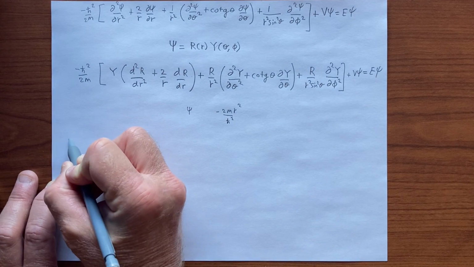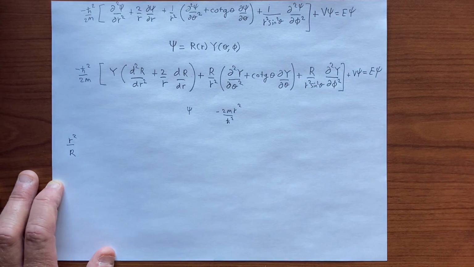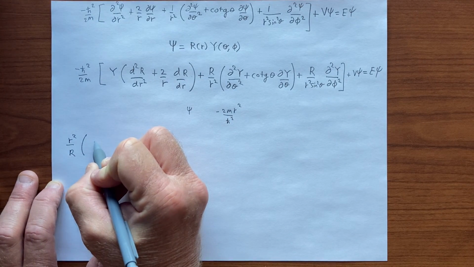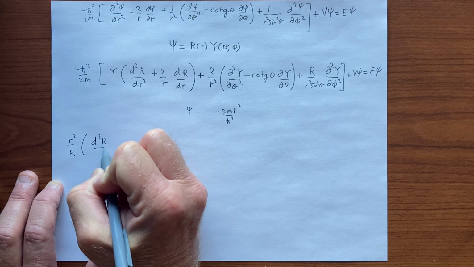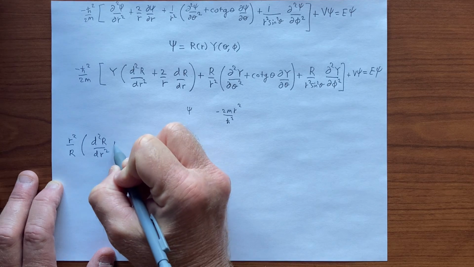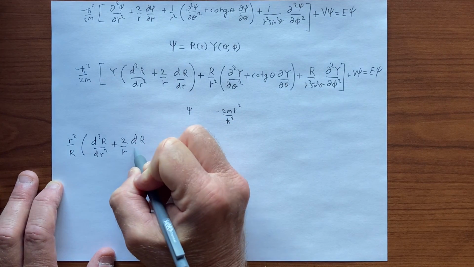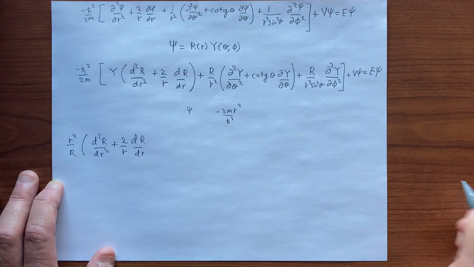So we'll end up with little r squared over capital R, two derivatives in the capital R function, plus 2 over r dR in little r,